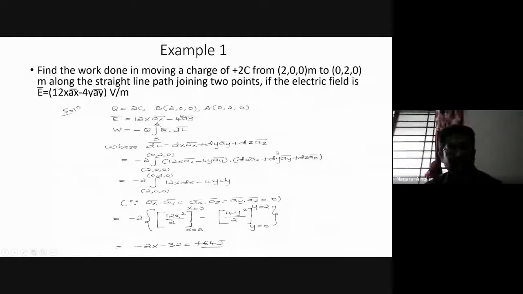If it is in cylindrical, the length vector is different. If it is in spherical, the length vector is different. So you all have to remember that the length vector in Cartesian is dx ax bar plus dy ay bar plus dz az bar. Once you identify that the question is given in the Cartesian system, it may be any example in this subject for that matter, you have to identify in which system the given coordinates are. That is very important. Then go for solving the problems.